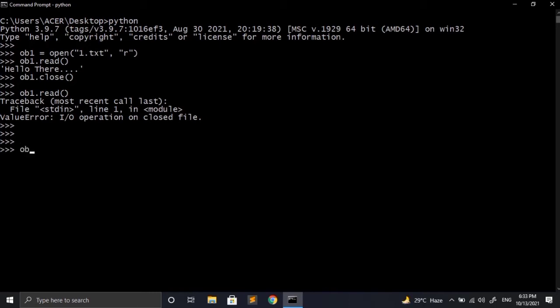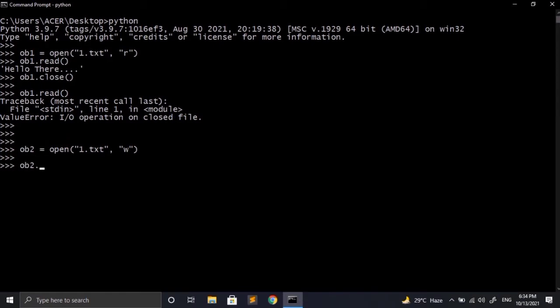Again I will be opening this file, but this time in writing mode instead of reading mode. So we know that the file already contains some data in it, but as soon as we call the writing mode, the data will be removed or the file will be truncated. Now we know that our file has been opened in w mode, which means writing mode, so we can write data to the file but we cannot read data from it.